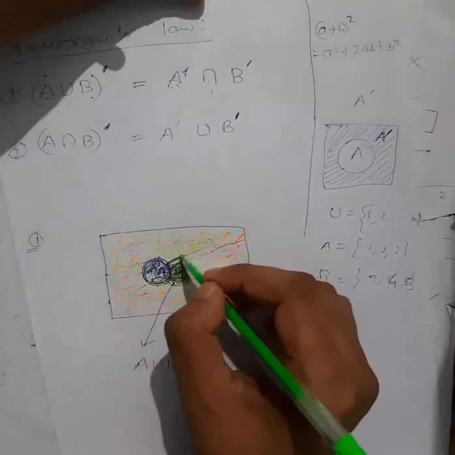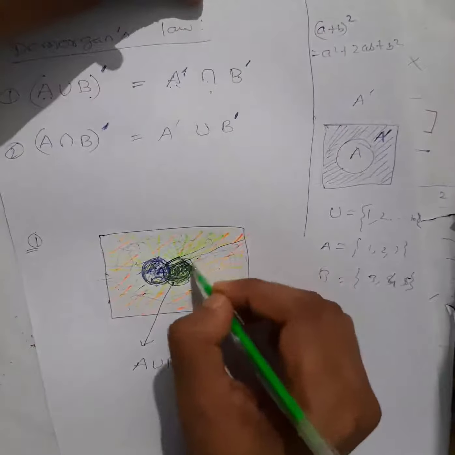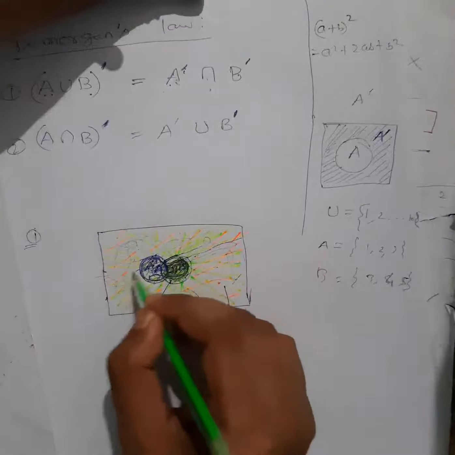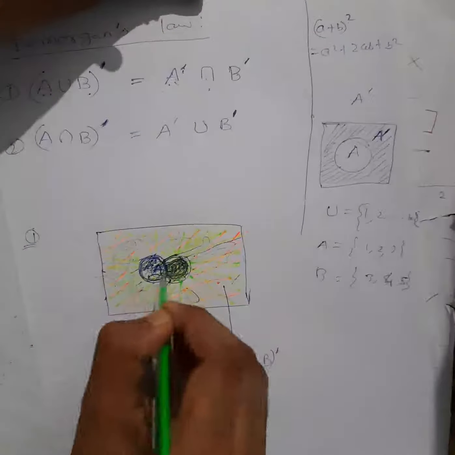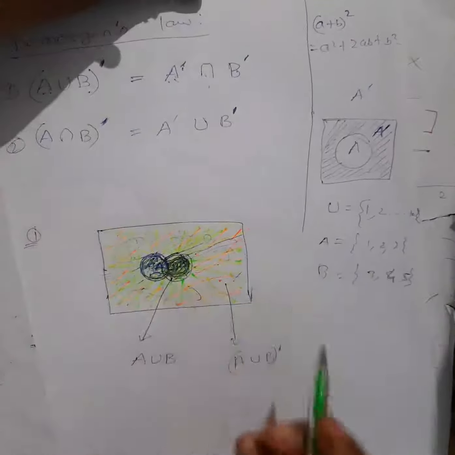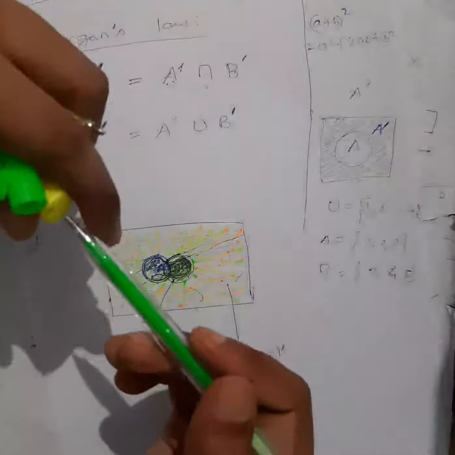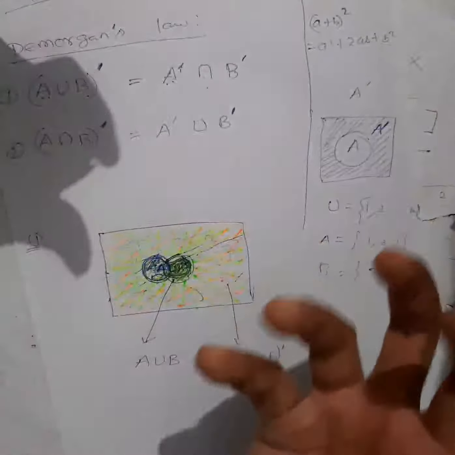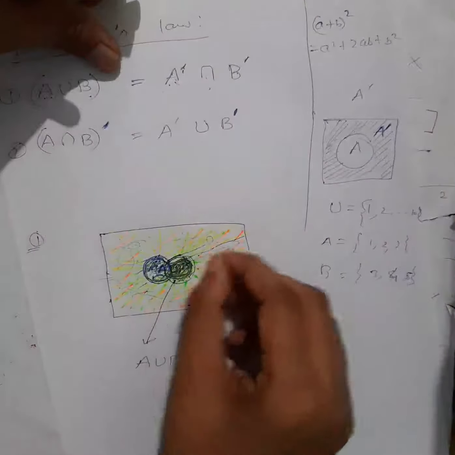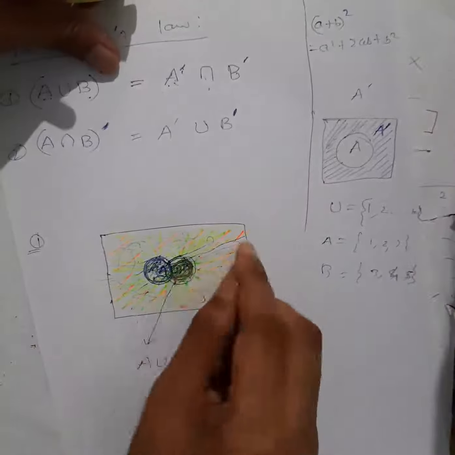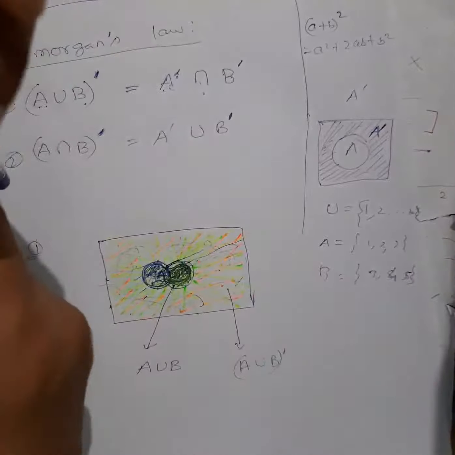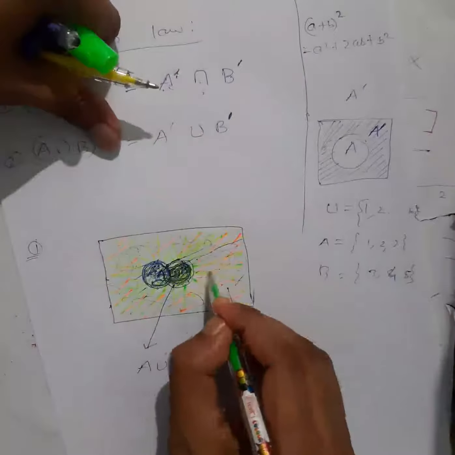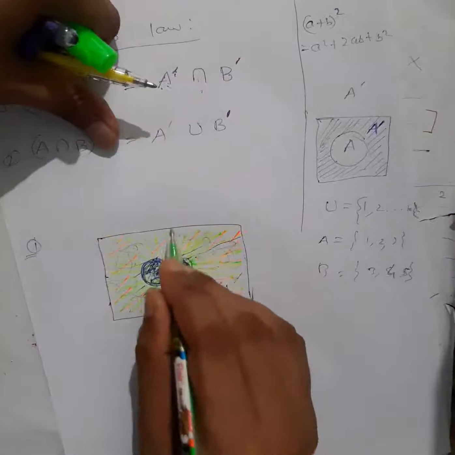So see this green color. This is also on the orange region only. But it will be there in A also, because B complement we are finding, right? I know you are not able to understand with the help of this color. You try this yourself, okay? With whatever color you want, you can try that one, and don't make it dirty like this. Make it a little clear and try to see, okay? You will see that this yellow and green, both, common portion will be only this one on the orange region.